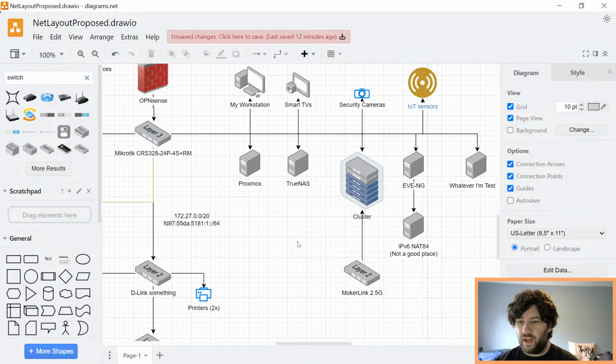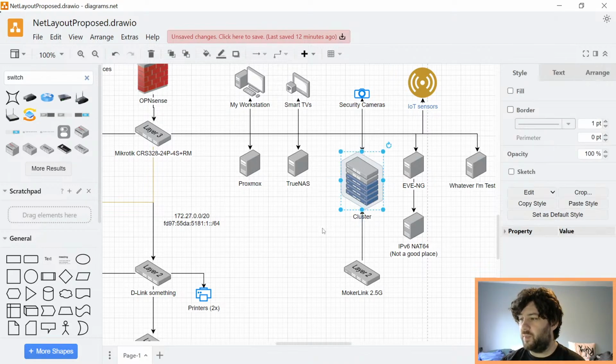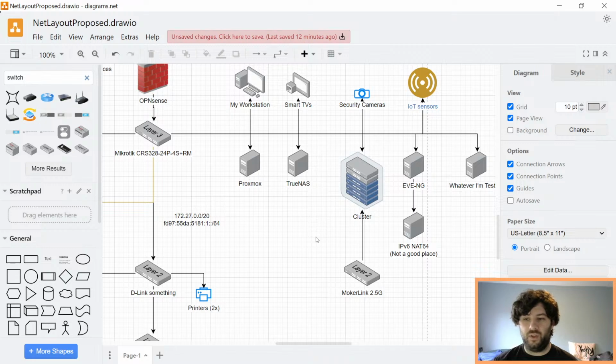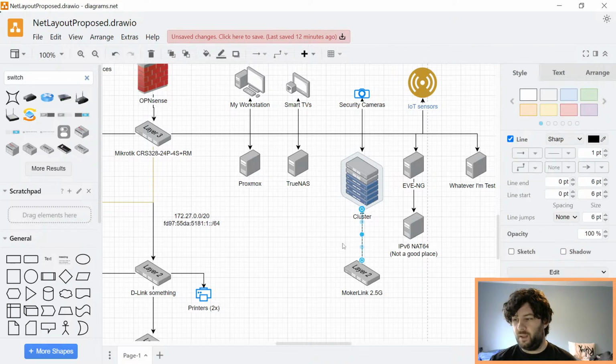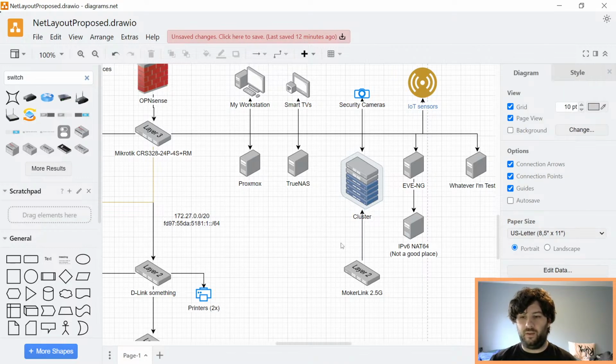Jumbo frames are overrated. I usually agree. The only case when I don't think they're overrated is when you're using tunneling protocols. So like if you do big clusters with Proxmox, you can use VXLAN, the Proxmox software-defined network manager can do VXLAN. And when you do VXLAN, you lose 50 bytes to protocol overhead. So if you can do baby jumbo frames that are 1550 bytes on the wire, then your encapsulated tunnel gets